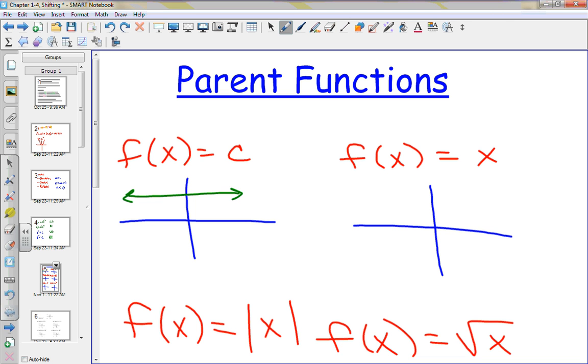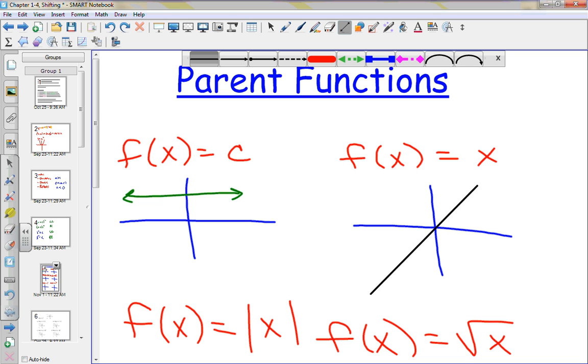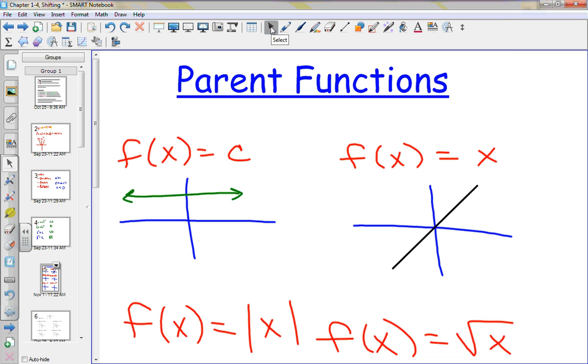Another parent function is going to be y equals x. Let's try it this way. It's horrible, isn't it? And this is why we have technology to cheat, because I can't draw a line through the origin and say, my soul right there, could I? Okay? Now what we have is just a line of positive slope, meaning it goes through the